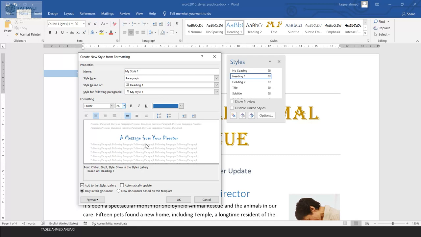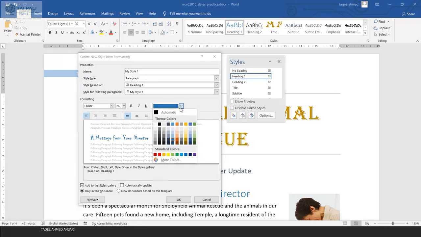Then you can select where you want the alignment, like on the left side, right side, or middle. Let's say I want it at the right side. And you can select which color you want. Let's say I want this color, and I want bold.